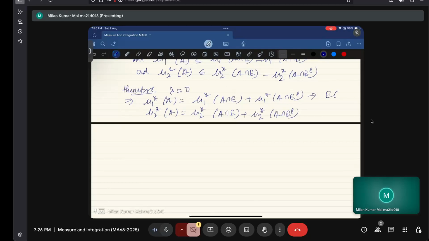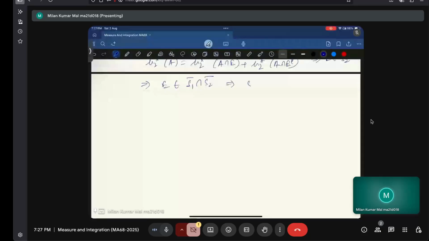That implies that E belongs to S1 bar, and this implies that E belongs to S2 bar. So E belongs to S1 bar intersection S2 bar. So we have started that E belongs to S bar, and that implies S bar is a subset of S1 bar intersection S2 bar. So conversely,